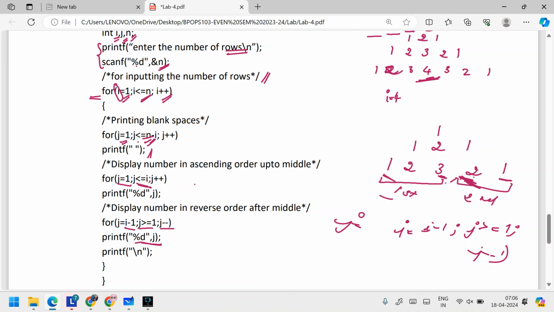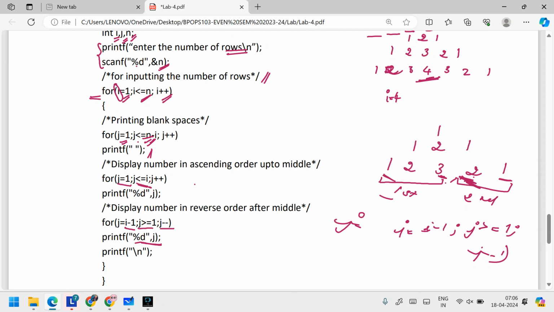So for i equal to 1, i less than or equal to n, where n is the number of rows, i plus plus. Once you have the loop for the number of rows, the second loop is for printing the spaces. At a given value of i, how many spaces would be required?